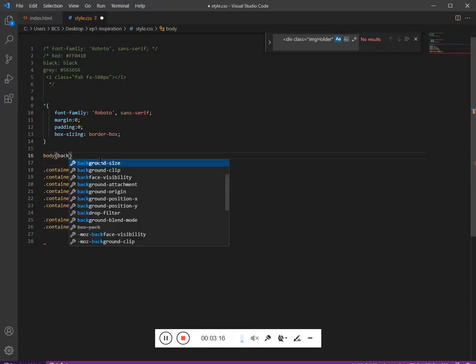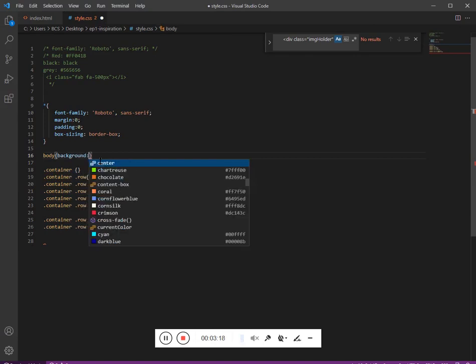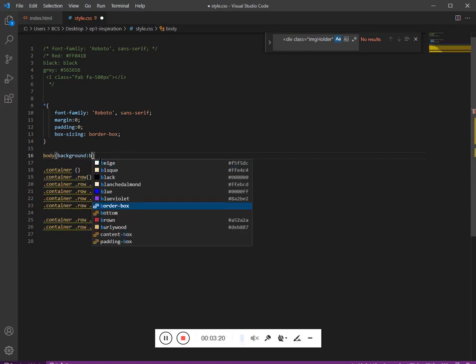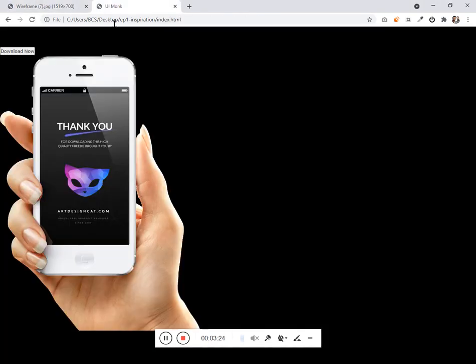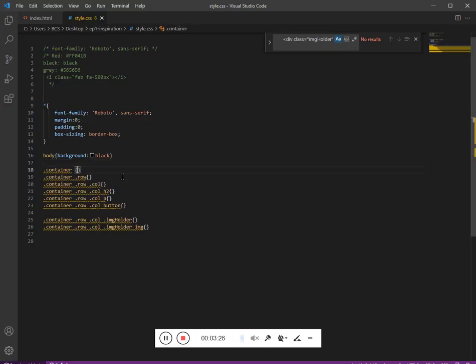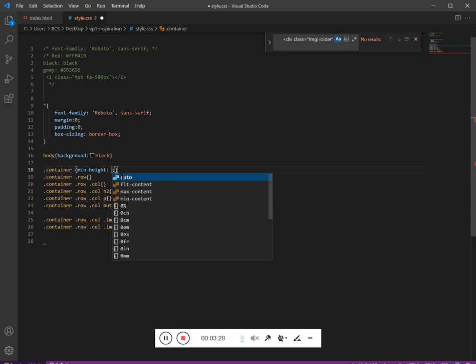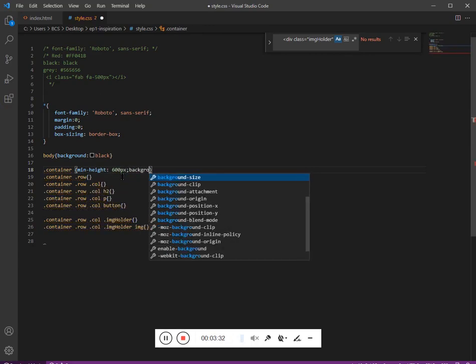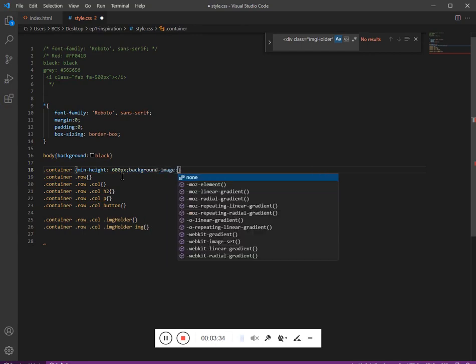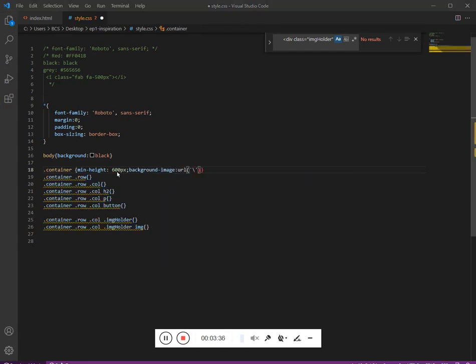Now let's set the background for the body as black. Refresh it, and let's give the minimum height to the container. Minimum height, let's say 600 pixel, and let's give the background image, colon URL, bg.jpg, and let's make the background size cover.